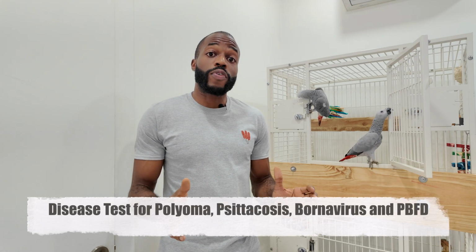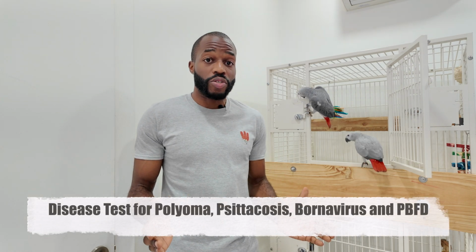You want to put this new bird in a different room, and ideally you want to have the bird in a completely different house or building to make sure that the bird isn't even sharing the same airspace as your existing flock. Now, you want to keep this bird in a separate room or a separate building for 30 days. And during this 30-day period, you want to make sure that you're disease testing the bird for all major avian diseases. We're talking psittacosis, polyoma, PBFD, Bornavirus, and other avian diseases that could significantly affect your flock